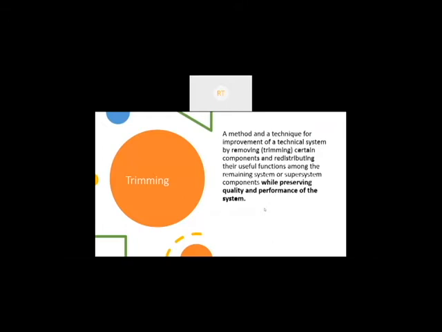Okay. The other important rule is whenever we are trying to trim something, we need to identify those components that have a negative impact on the system, which are doing a harmful function. When we were talking about functions yesterday, I said that there are two kinds of function. There is a useful function and there is a harmful function. A useful function is a function that helps you achieve a goal. A harmful function is a function that has a negative impact on the overall functionality of the system.